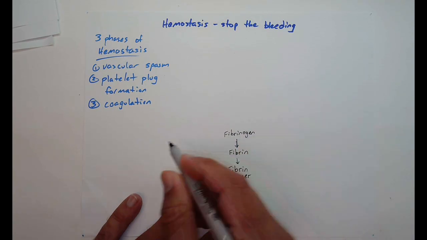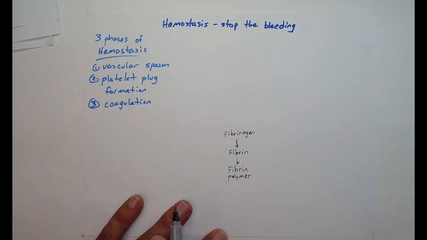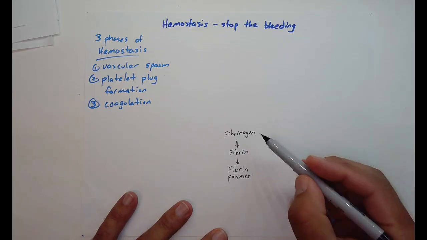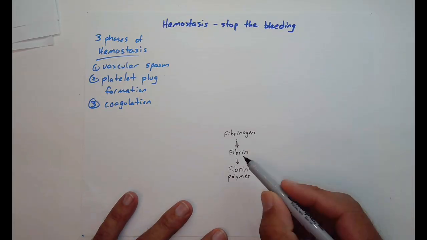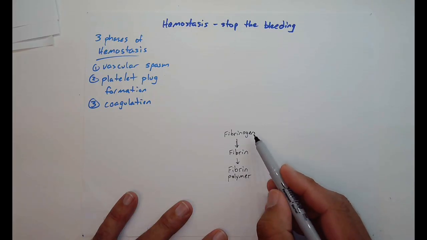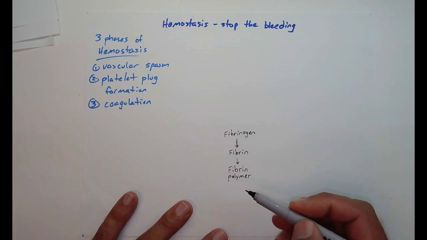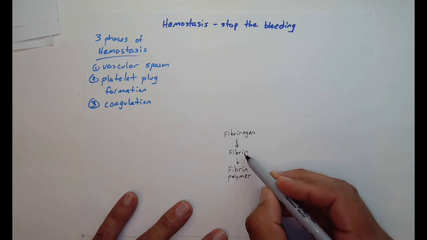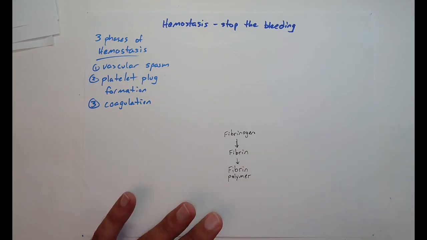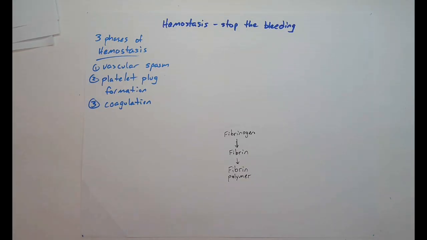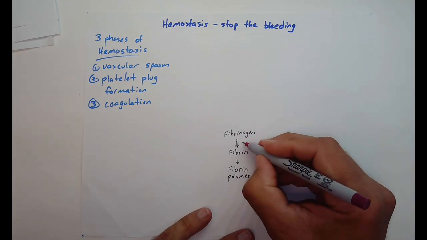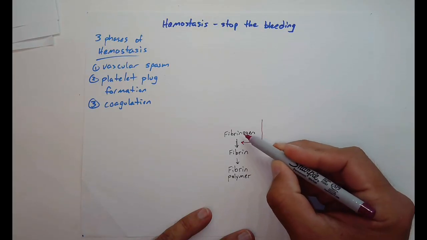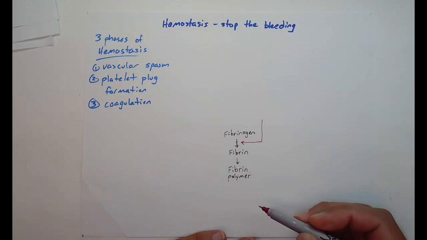And I started to mention this in the previous video, so go back and relearn a little bit about it. But in essence, it's produced by the liver, secreted into the blood, taken up by megakaryocytes, stored inside of our platelets, and then we also have fibrinogen just in our bloodstream as well. So fibrinogen is the inactive form of fibrin, and we need to figure out a way to activate fibrinogen. So we're really going to want to run this chemical step where we cut the ogen off of the fibrinogen,